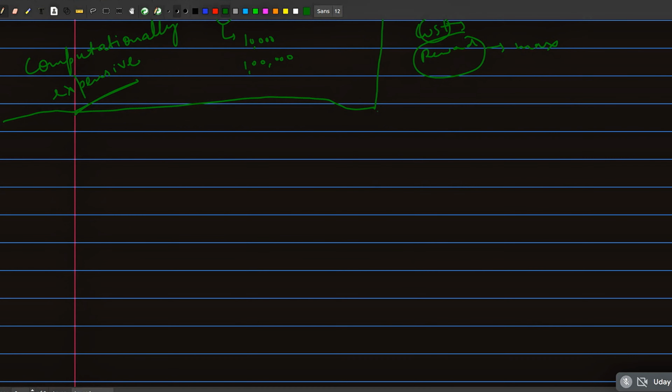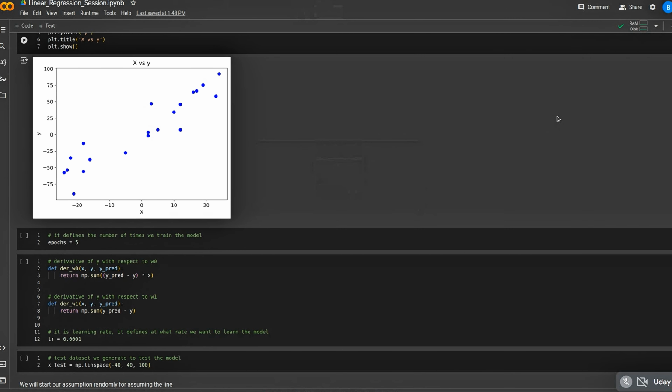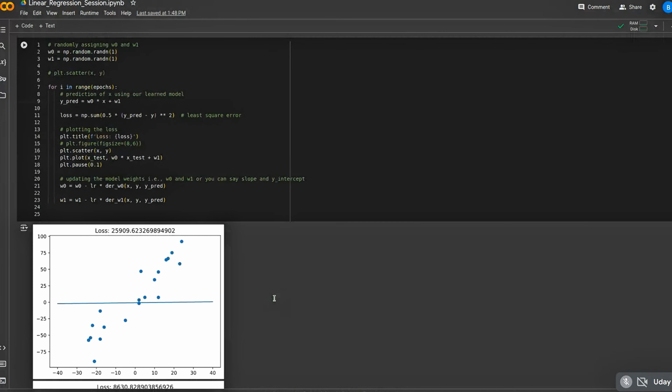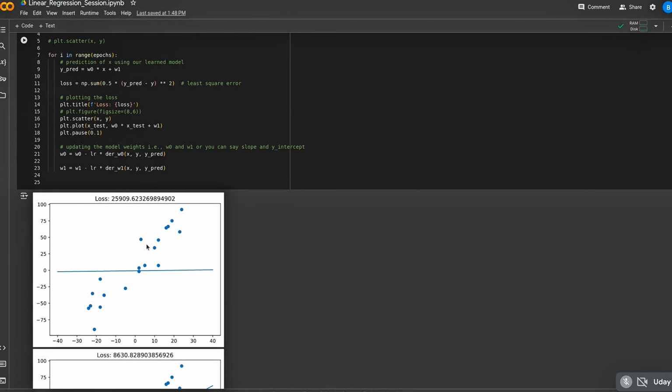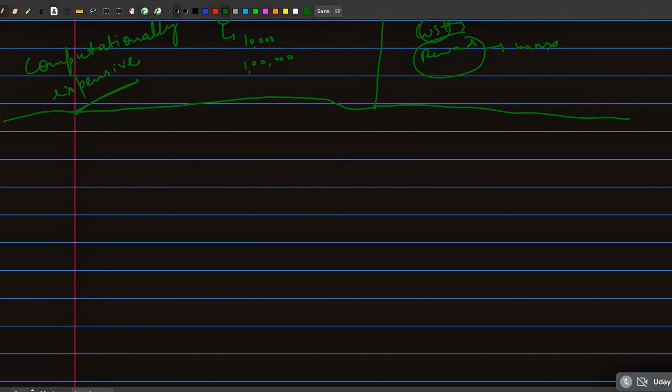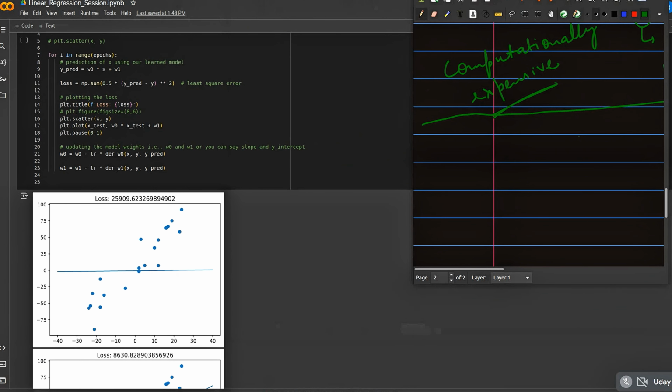To come to the iterative solution, before explaining, I would give you an intuition. So what we do is, these are the data points we have. We directly sample, like randomly we take a value. Let's open it. In this particular case we have y equals mx plus c. So what we do is, for the c and m values, we randomly assume something